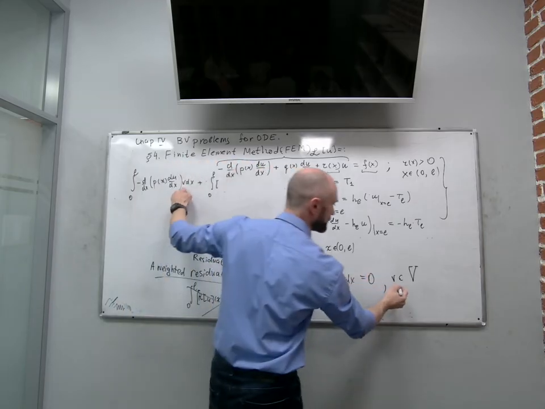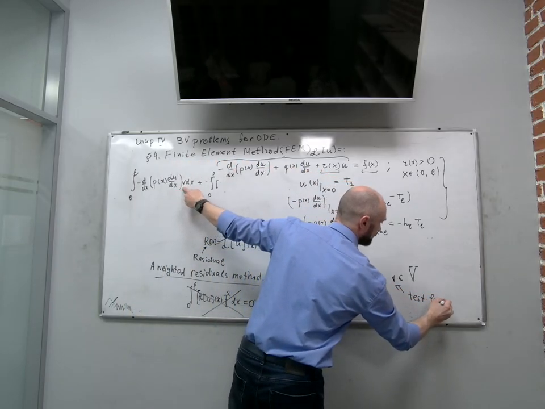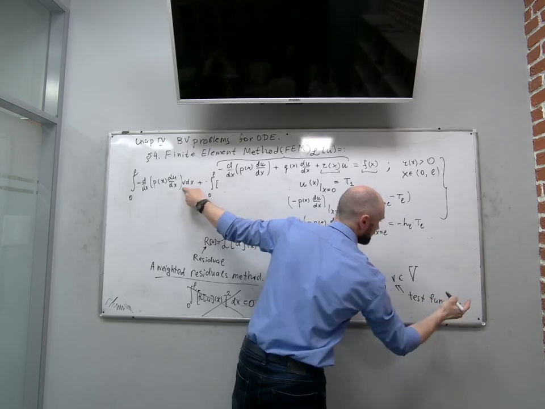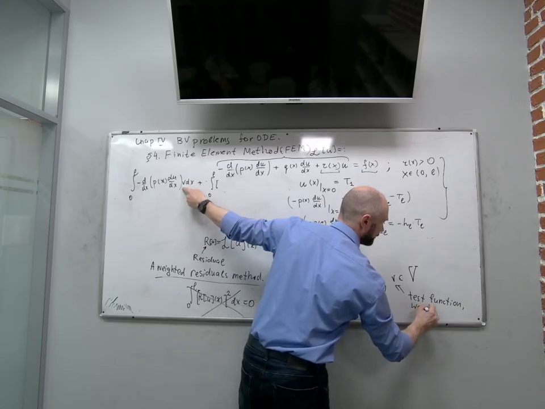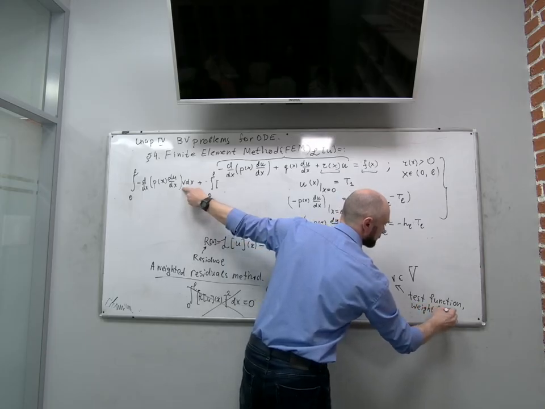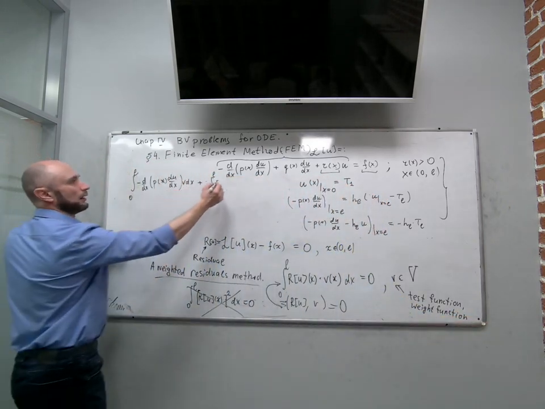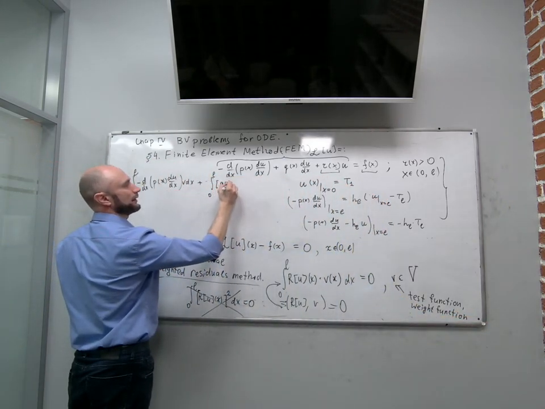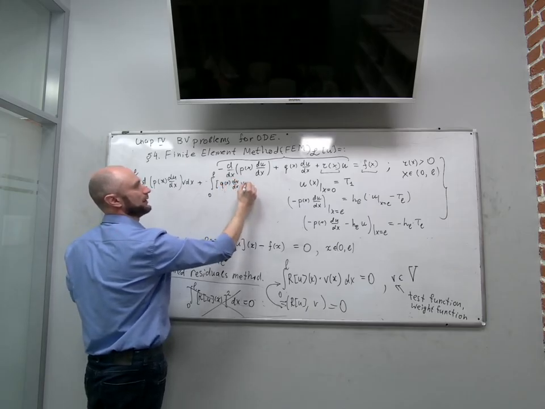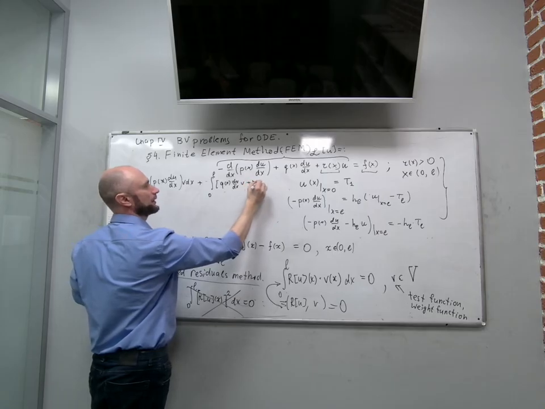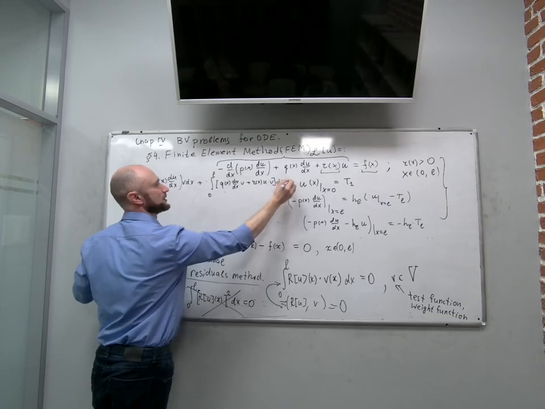This function v is called a test function. In various sources, it is called either a test function or a weight function. And the rest of the left-hand side is also integrated like that, multiplied by v, plus r of x u multiplied by v dx. It is equal to